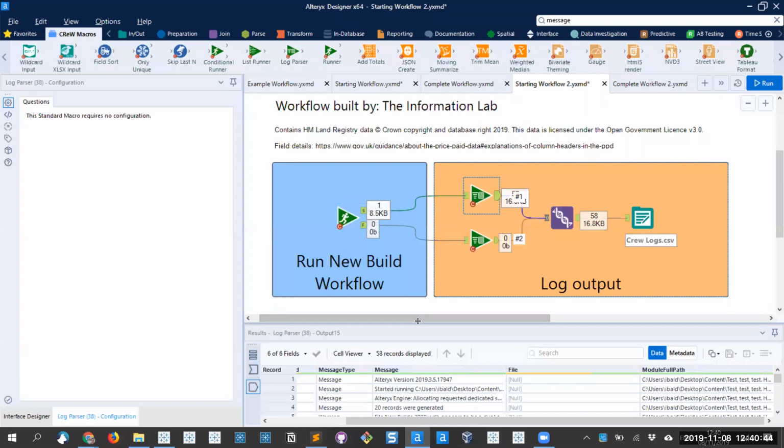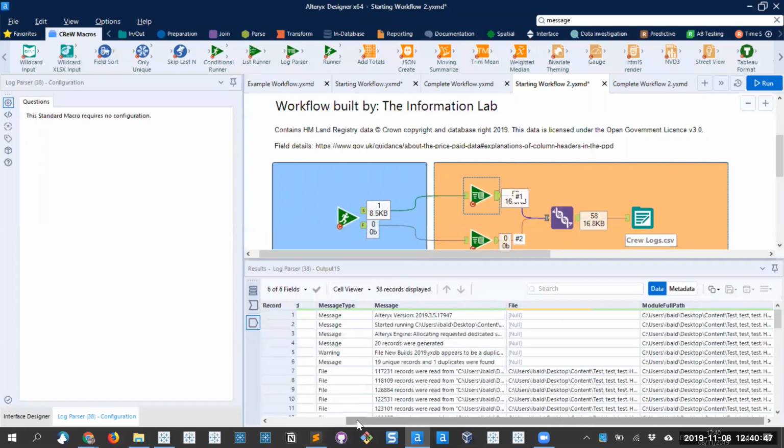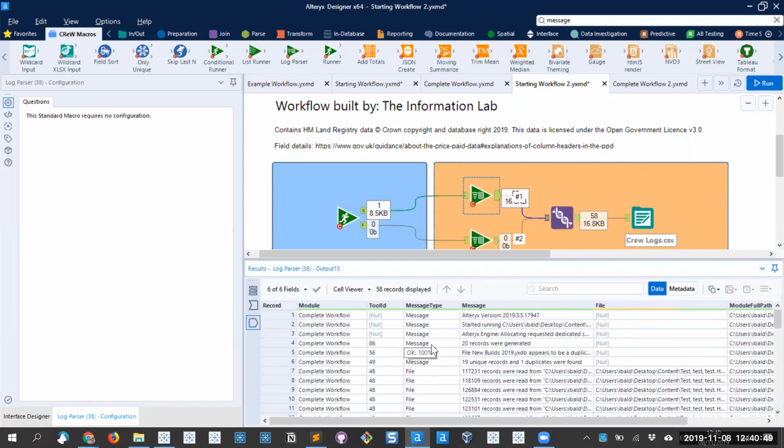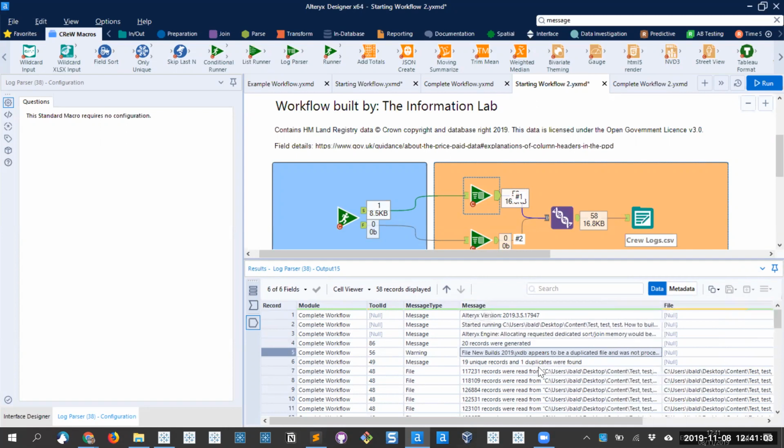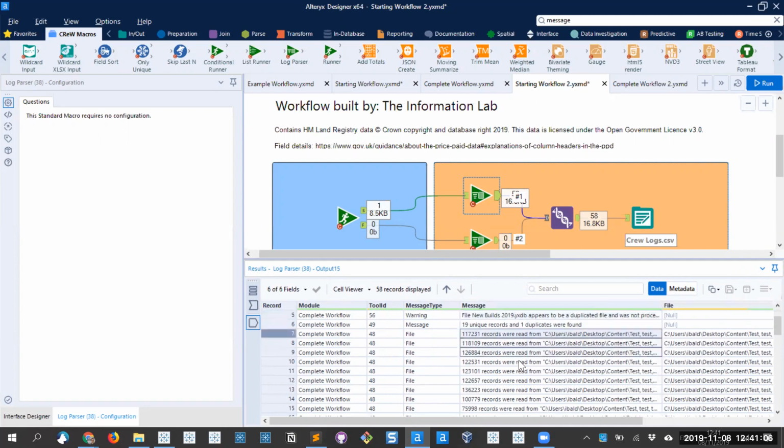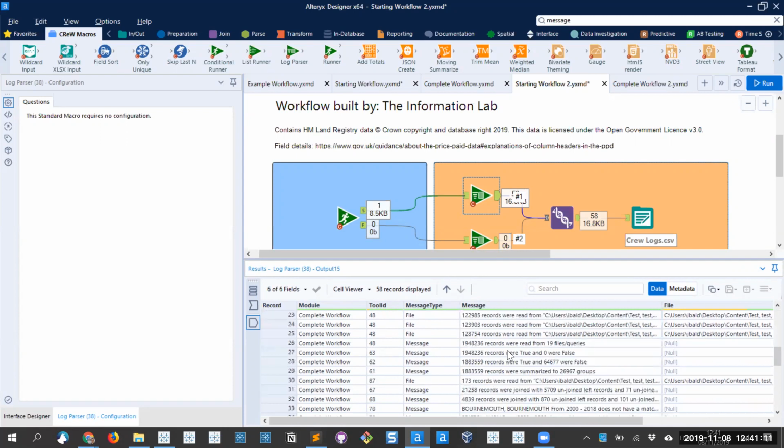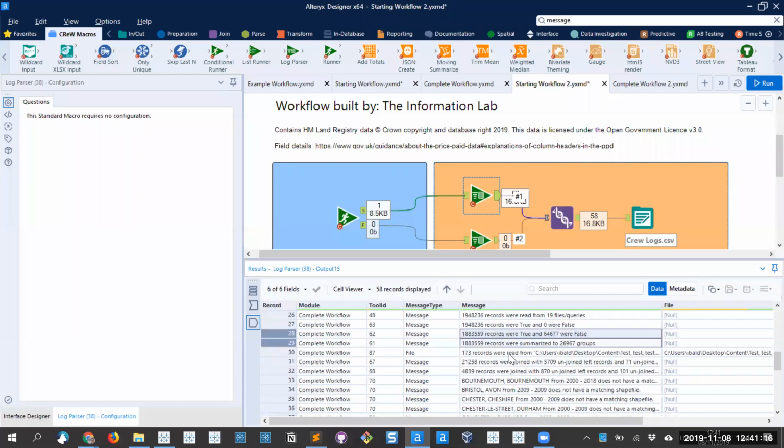And then the log parser takes all of those messages, tool messages, so the directory input, 20 records are generated. Then I've got my warning that says file new build 2019 appears to be a duplicate file. Then there's the dynamic input tool that's telling me all of the files that are read in and how many records there were. Some other messages based on the true false filters, an output record to say file was written, 173 records,